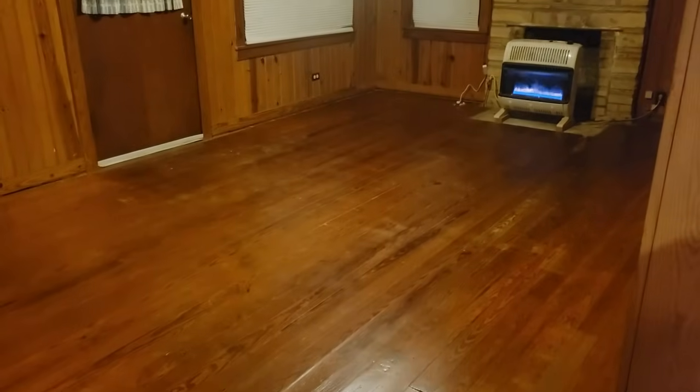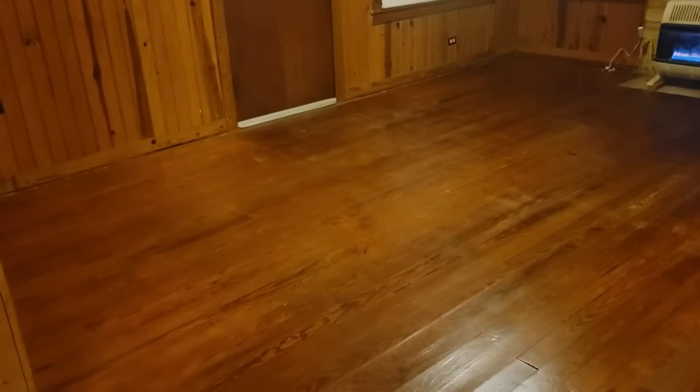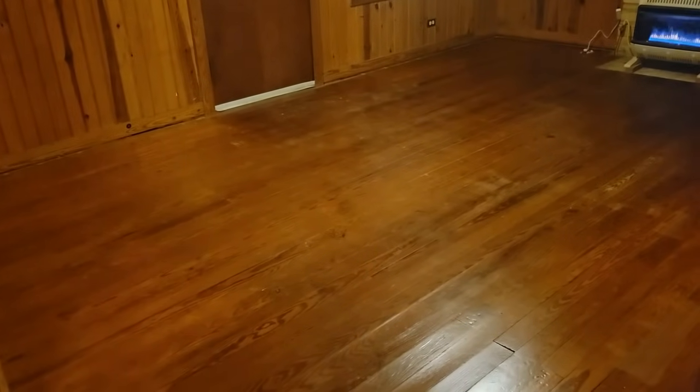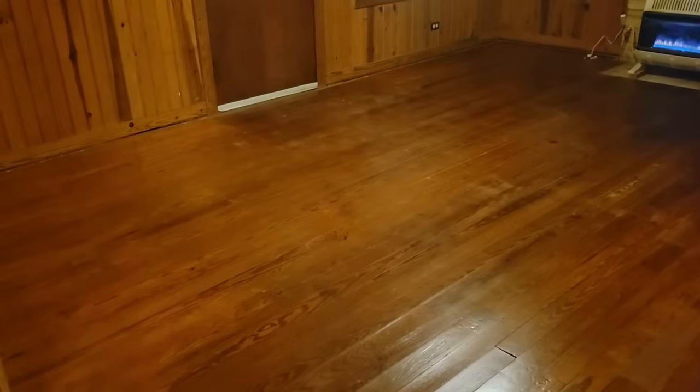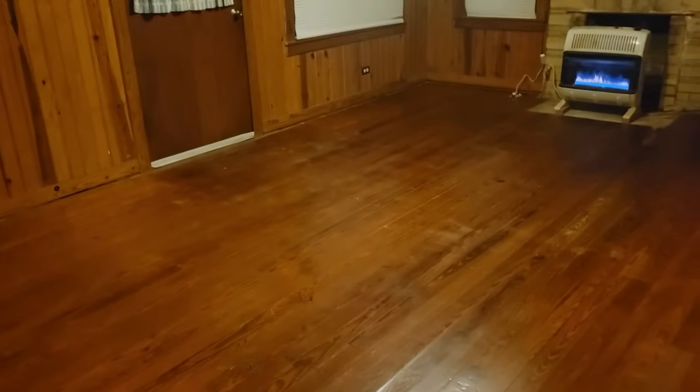But anyways, as you can see, the living room floors look great. There are marks right here and right here from me just now carrying in stuff. So I don't know if that means that the poly wasn't set well enough. There's also a spot right here where it looks like someone missed it, which he may have just missed. So here's what I'm going to do. I came here tonight